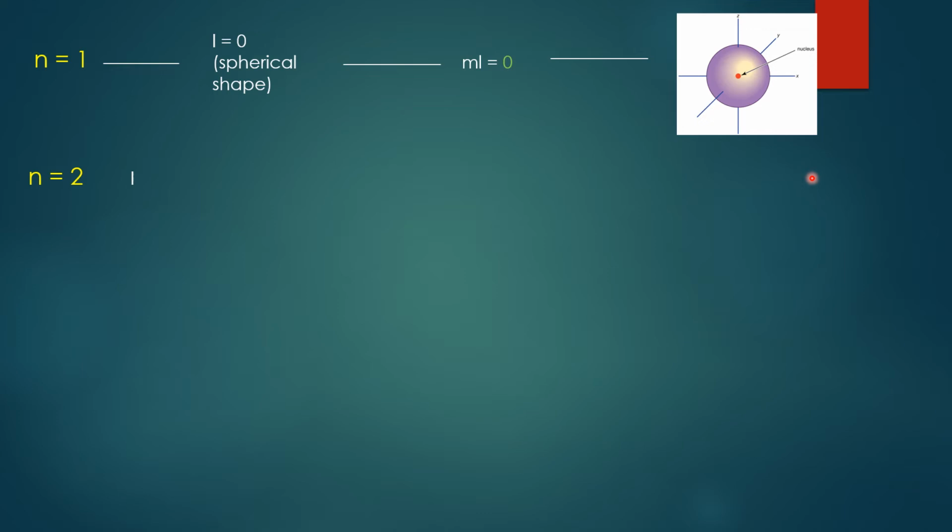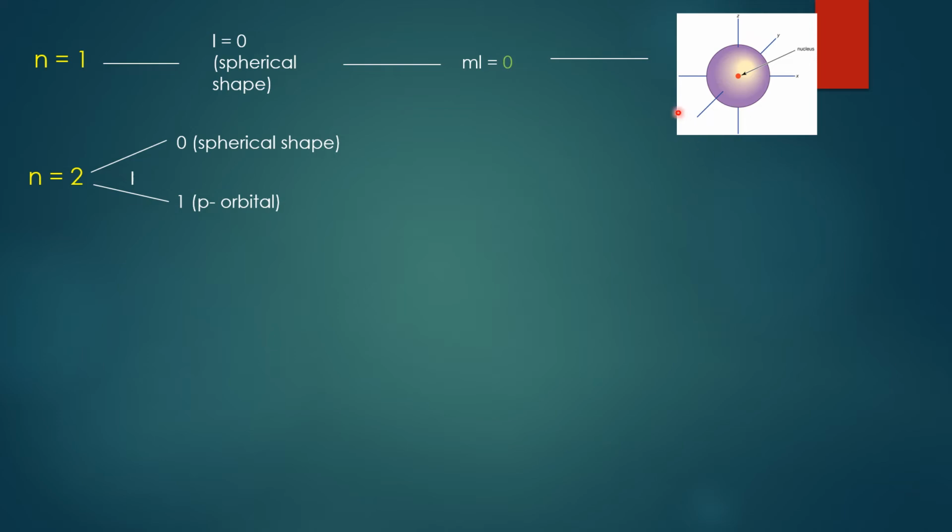But that doesn't mean that L is equal to 1 is the only orbital that is found here. N minus 1 giving you 1 simply means everything before 1 is also present in the second shell. So the second shell contains the secondary quantum number 0, where the s orbital has a spherical shape, and it will also contain the secondary quantum number value of 1, which is equal to the p orbital.